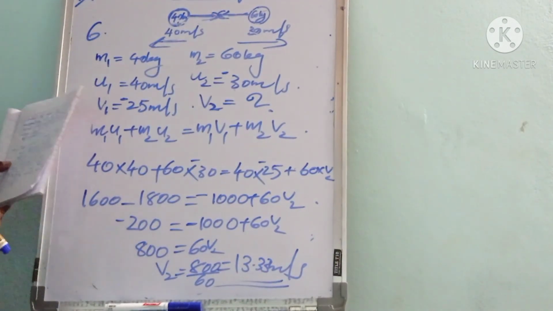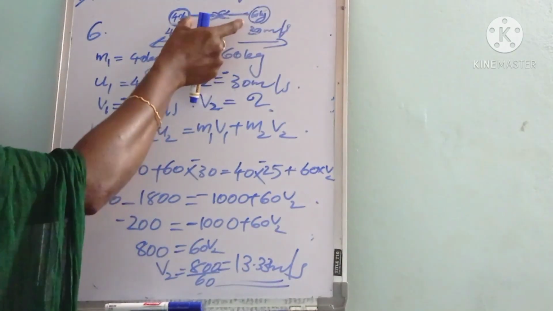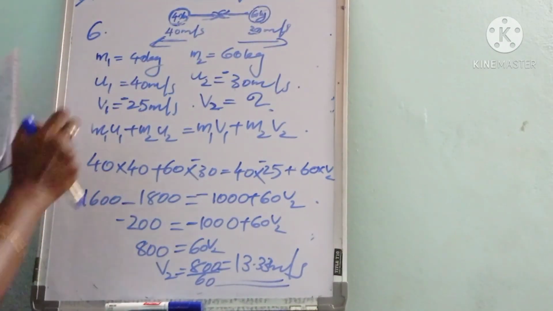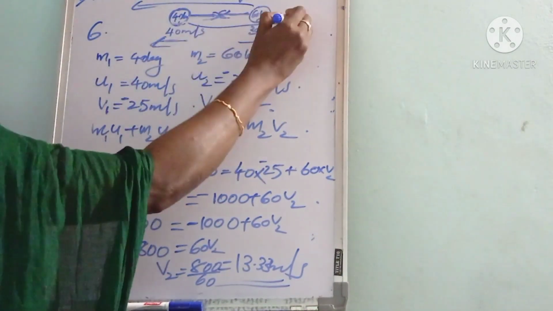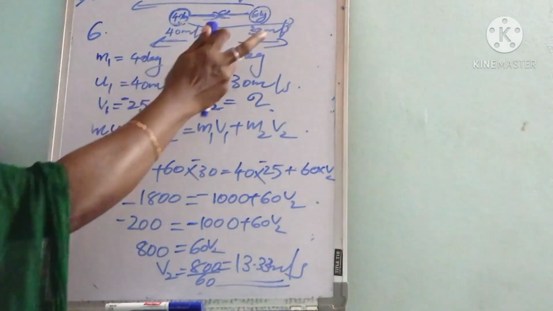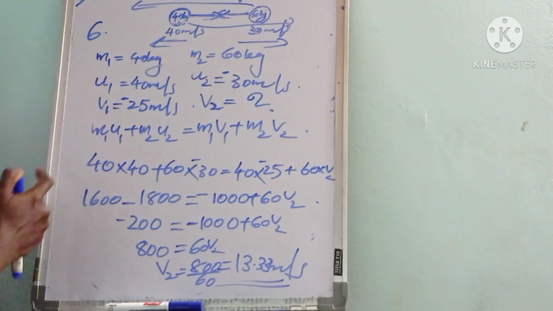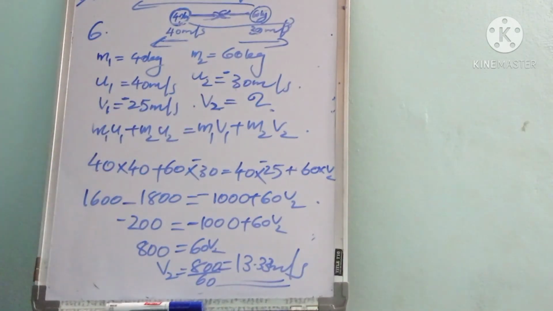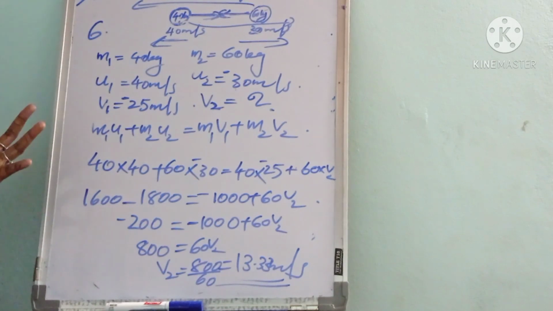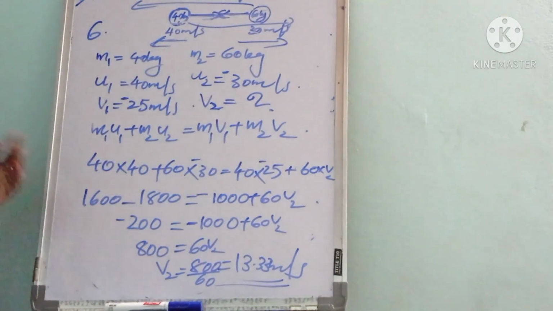Then they collide. When they move towards each other, they will collide. Then after collision, they move in the opposite direction, this one like this and this body like this. After collision, the velocity of the first body is given as 25, and we have to find the velocity of the second body, v2. After collision also these two are moving in opposite directions, so we are putting a negative sign, velocity as minus 25 meter per second.